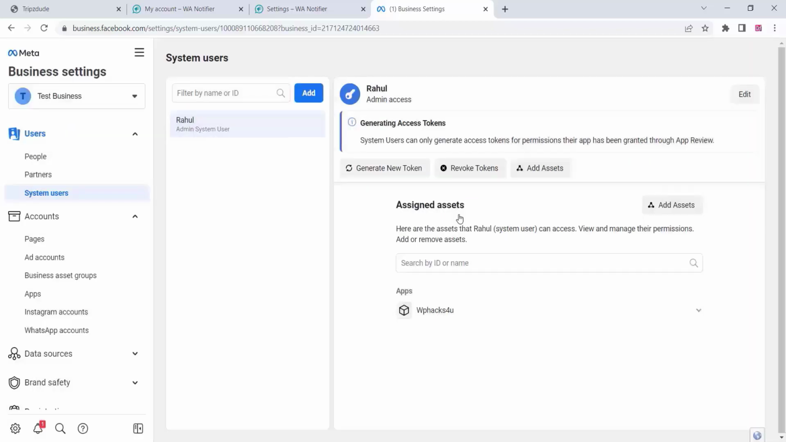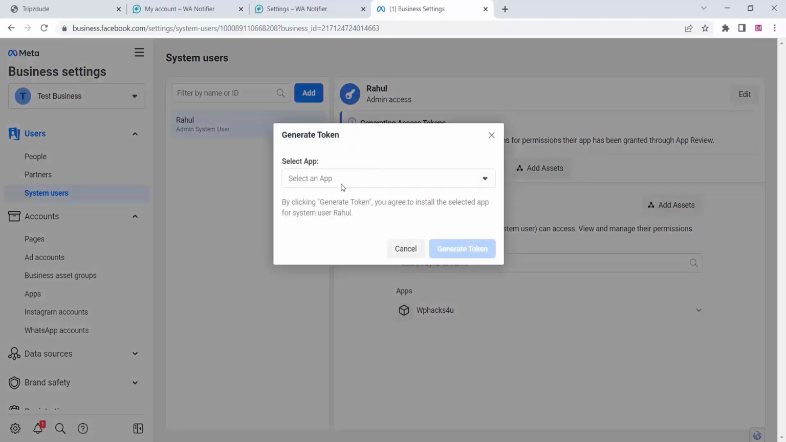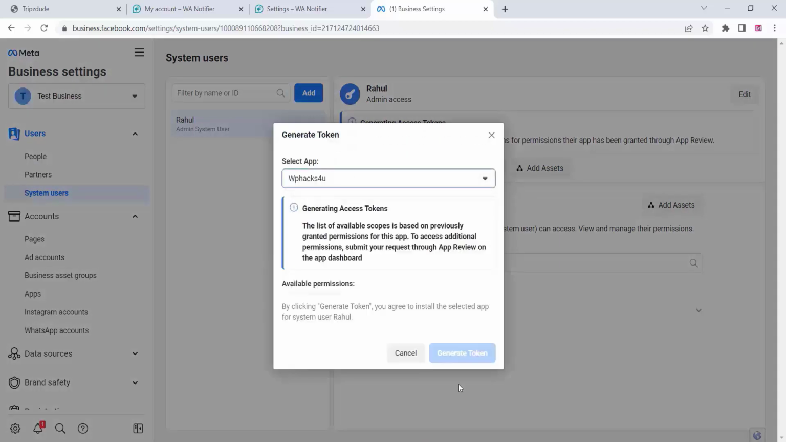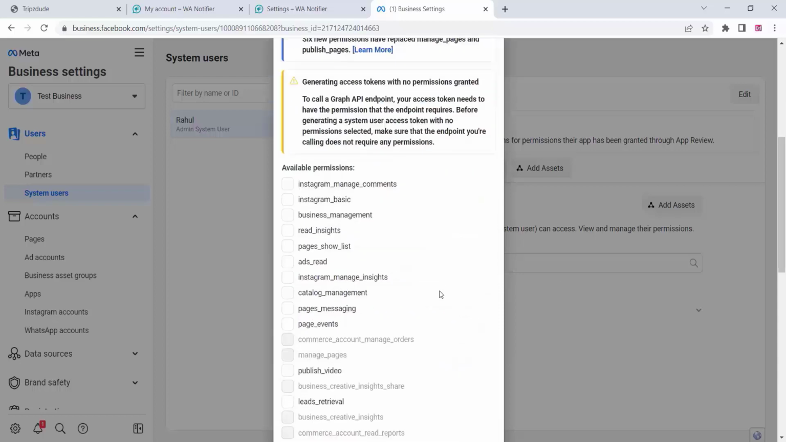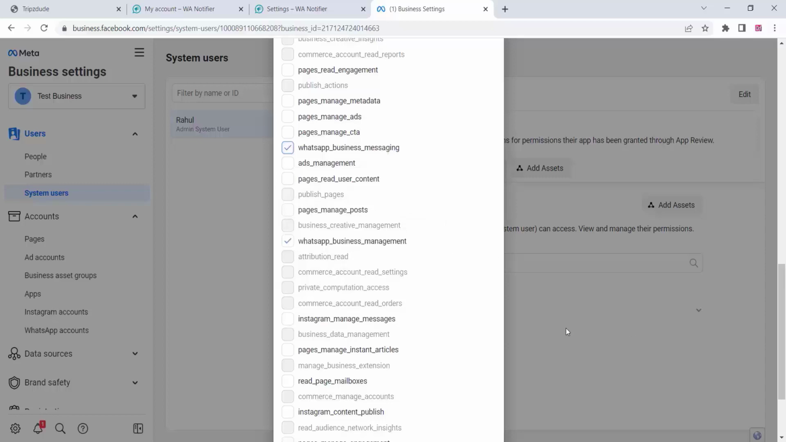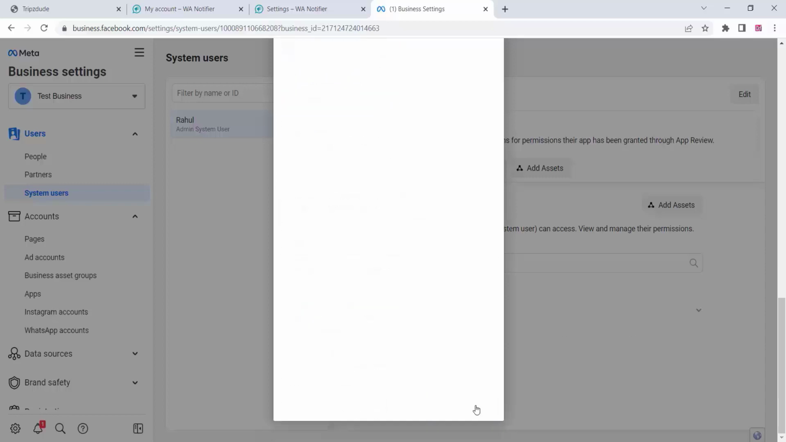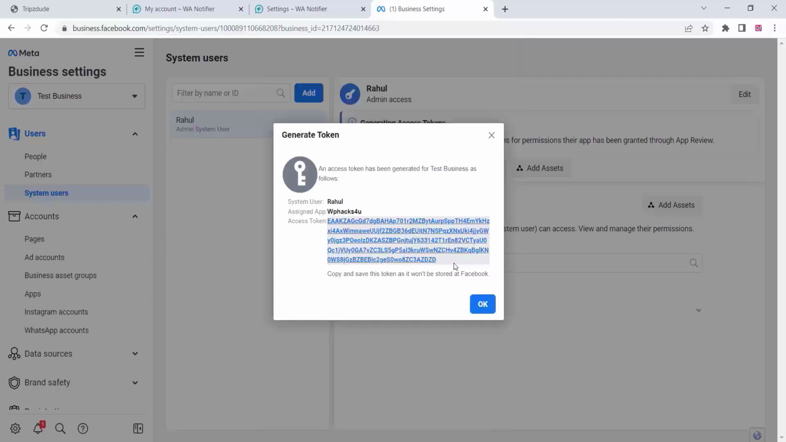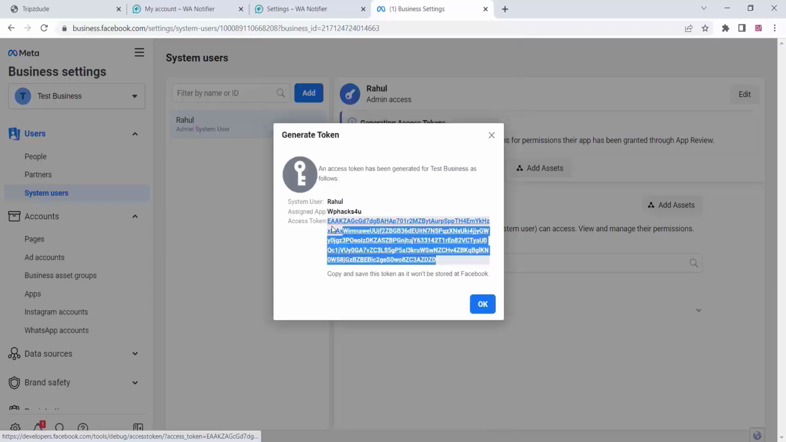Now you can generate a new token. Click on new, generate new token. Here select the app and you can select the WhatsApp business management and the WhatsApp business messaging. These two options make sure selected and click on generate token. And now your token is generated. Just copy that